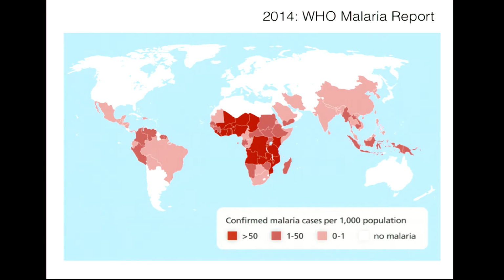This is from the 2014 malaria report. This is a measure of the confirmed malaria cases per population of 1,000. So this is more than 50, between 1 and 50, 0 to 1, and no malaria at all. Just looking at this, you can see immediately that the burden of disease really is in Africa, because in all of these areas here, what is called sub-Saharan Africa, because the Sahara is over here, this is sub-Saharan Africa,